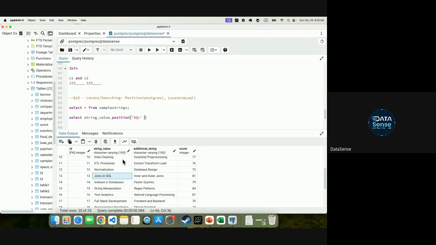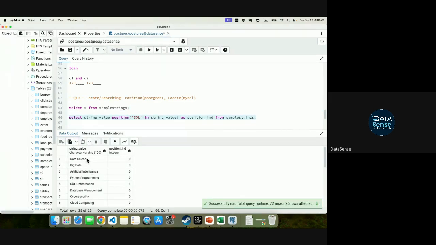Let us say I want to search SQL in string_value. Remember, this will return the starting index. Wherever it finds it, it will give me the starting point as position from sample strings. Now once I run this,